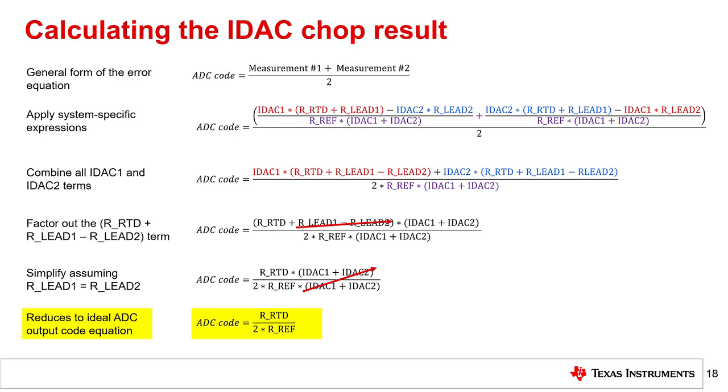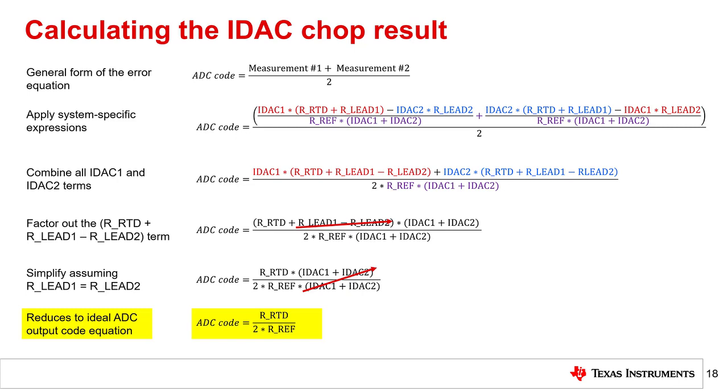One challenge with this method is that performing IDAC chop requires two measurements to generate a single ADC output, which increases the system cycle time and can add analog settling delays due to the IDAC switching. If increased cycle time is acceptable, it is recommended to just use a single IDAC and avoid IDAC chopping altogether. The measurement time will be the same, and there will be no need to be concerned about IDAC mismatch errors or settling time due to swapping the IDAC currents.